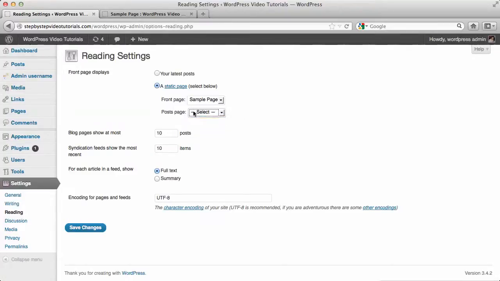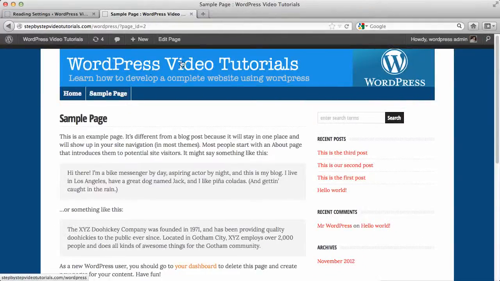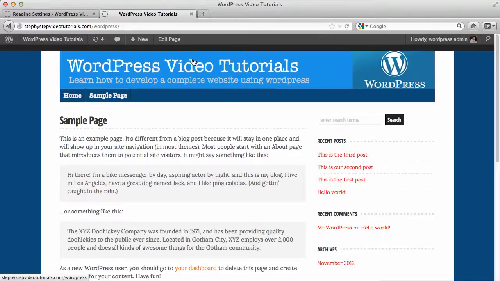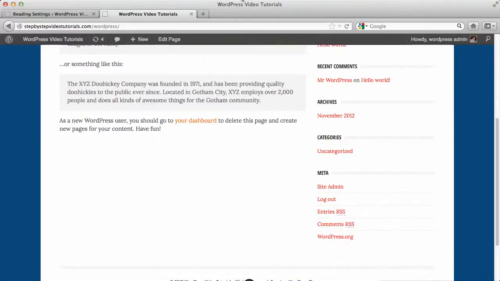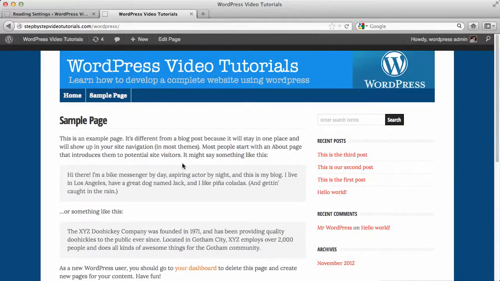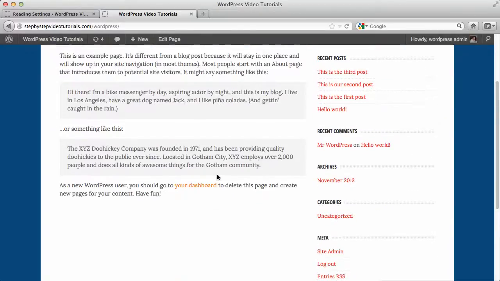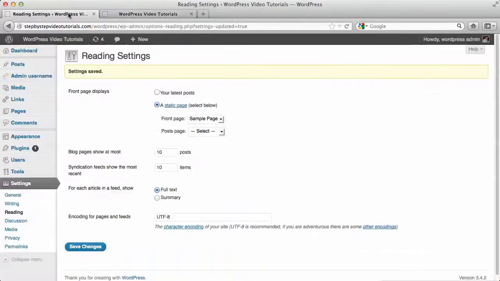This is kind of tricky. I'm going to show you how to have a static page and have a blog page. So if I save the changes and go back to our website, and I click on the heading, that can take us to the home page. As you can see now, this is our home page. So the static page is now the home page. So let's revert back to the way it was. We want this to be